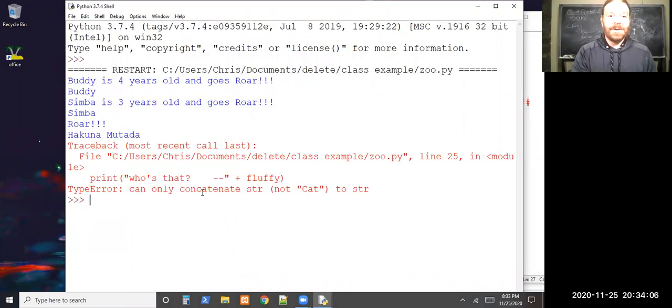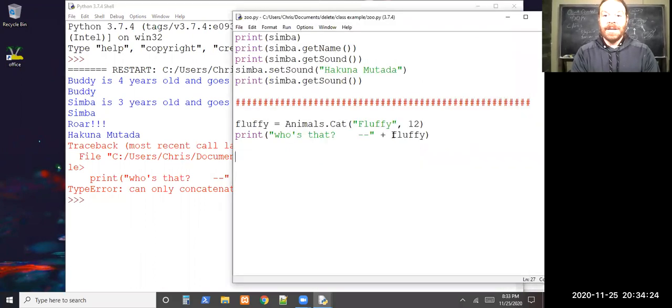Oh, there we go. We've seen that a few times, right? Only now, usually when we see that, it says we can only concatenate string, not float or not integer. But we have the same thing here. We can't concatenate a cat because a cat is not a string. But if we call our cast to a string on it, oh, actually,